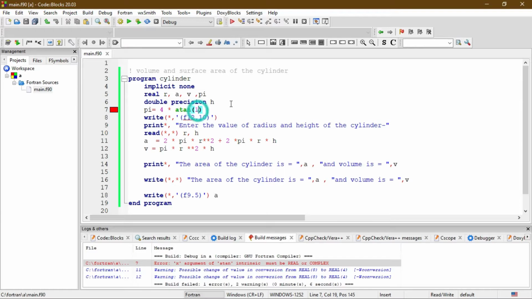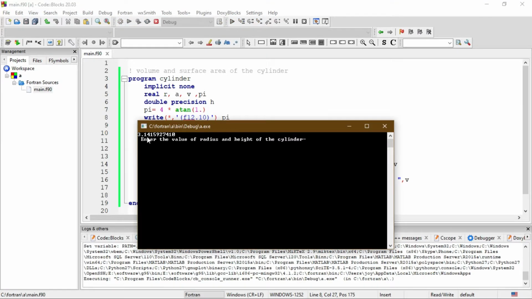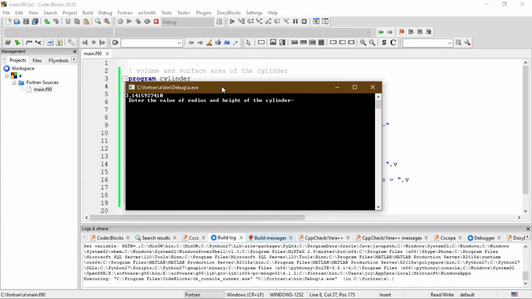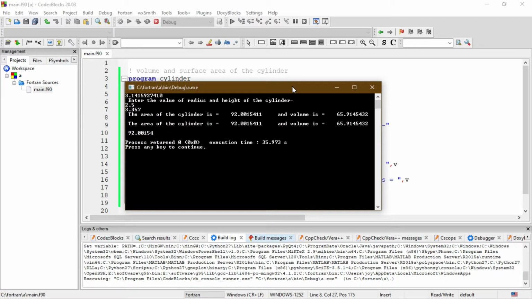Just put a decimal point here. It prints the value of pi like this: 3.1415927410. Now you have to enter the value of r and height of the cylinder, and it will give you the output.